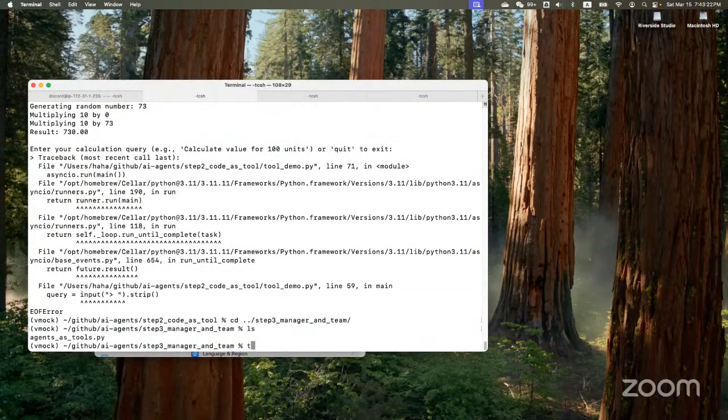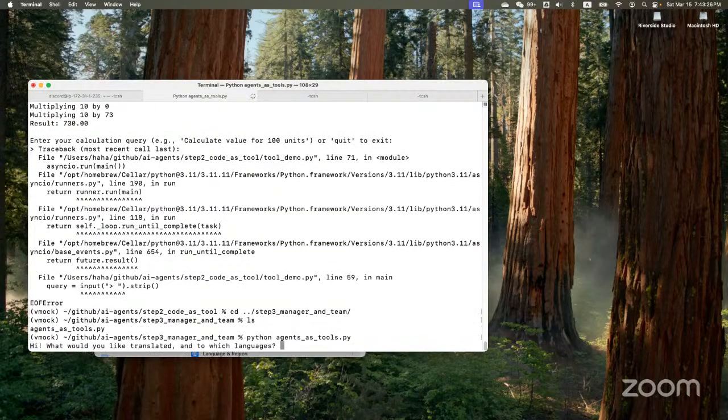This one is an agent, I would say maybe an agency, like there's an agent team. There's one manager who is in charge of talking to the customer, and then there are three experts in terms of translating language. I think there's Spanish, French, and there's one more.